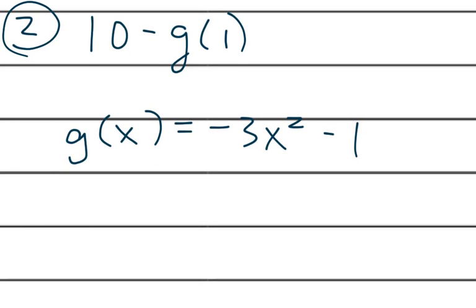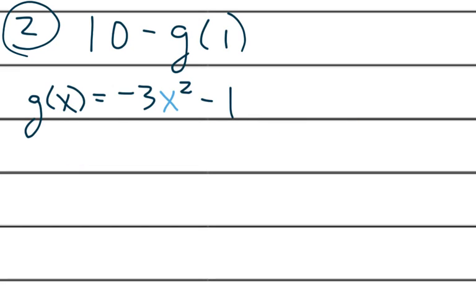Now I think it's going to be nice if you use the left side and then do some of the work on the right. So you might need an extra sheet of paper if you run out of room on these. So on the left side, I'm going to say, well, g of 1, because I need to figure out what that is before I can figure out what 10 minus that is. So I'm going to write g of 1